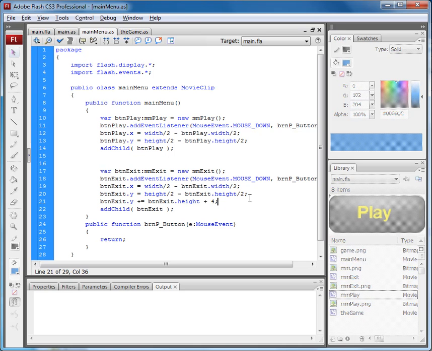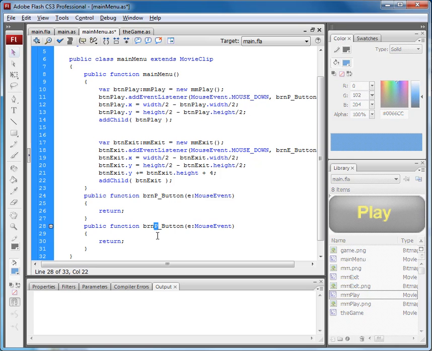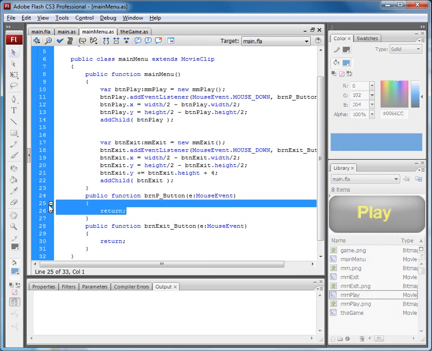That should show us that, and we need a different function. So instead of play, it'll be exit. How about button? Change this to the exit. Actually write it out so it's readable. Alright, that should function. And what we want to do in this function is, for play, we want to call back to the main,